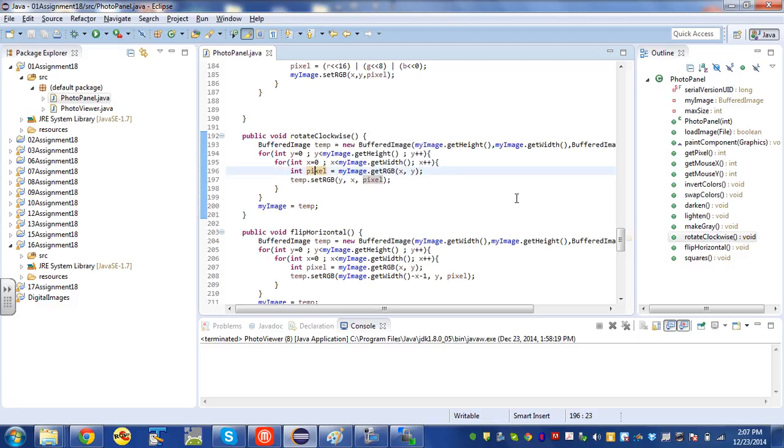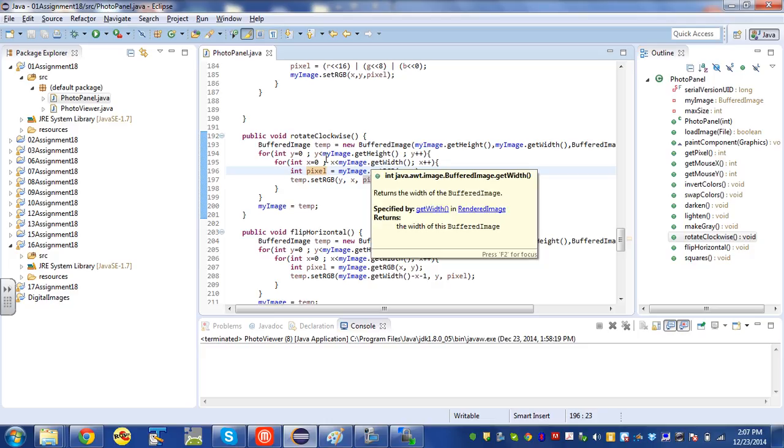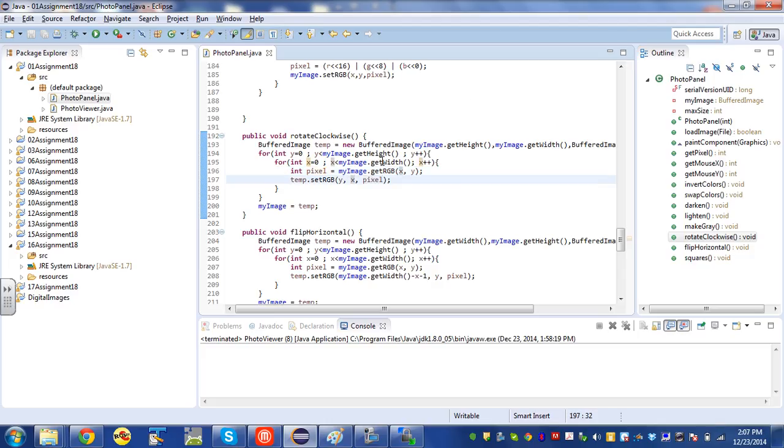Okay, so for rotate clockwise, the most difficult thing in this assignment was when you create your temp image. If you've not watched flip horizontal, it might be useful. But for rotate clockwise, you create a temporary image just like you did for flipping horizontal, except that you flip-flop the width and the height. And then you go through all the pixels and you grab the pixel from the My Image and you set the pixel in temp. So you're going to flip-flop Y and X, but you want to be a little bit